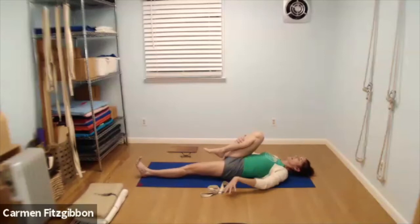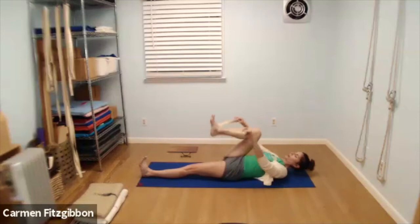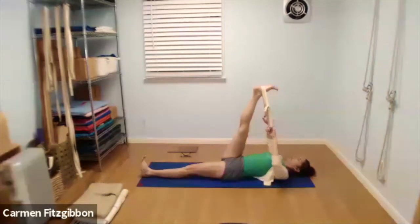And then go ahead and take that looped strap. It'll give you handles. Extend both or put both edges of the strap around your right foot and Supta Padmasana. So once you get that right leg straight, of course, the effort remains the same in the left, but now